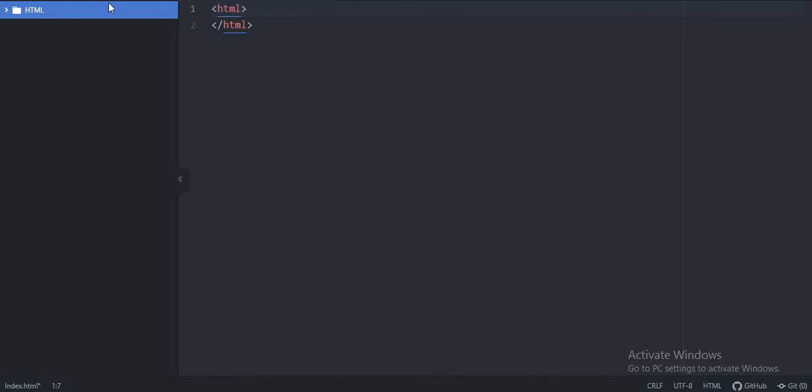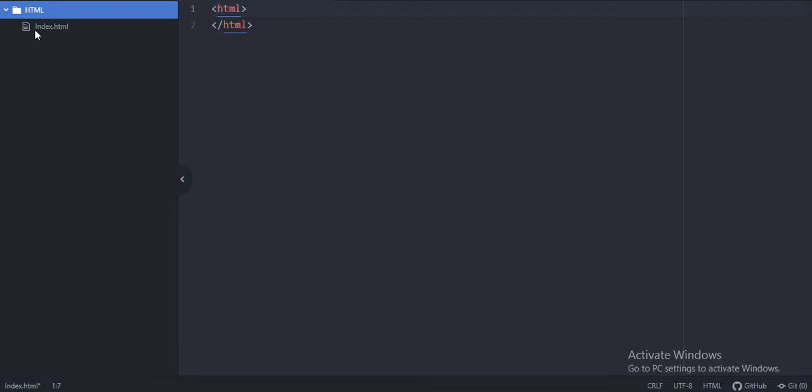I have made an HTML folder here, and inside the HTML folder I have named my file index.html. So now you can see here that index.html, I have put an extension here of HTML. So if you are writing an HTML file, you should write this HTML after you put any name.